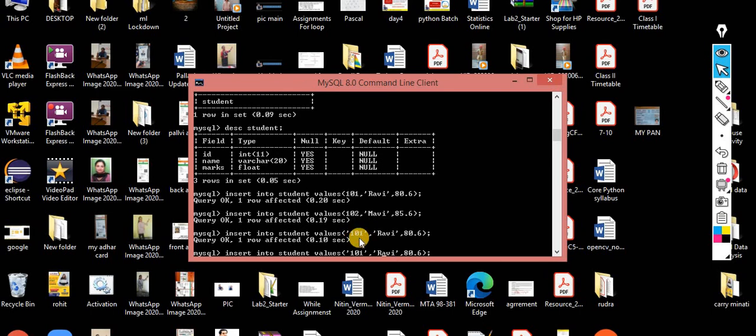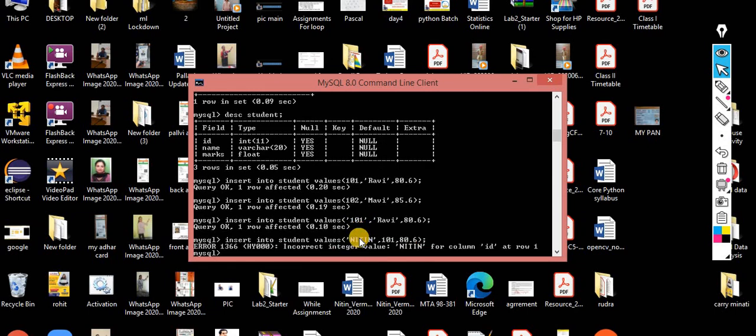Okay, let me show you. By mistake, if I try to do this, rather than pressing over here, I did it over here, I entered the name where 101 should be. I do a mismatch. So now you are getting the error message: incorrect integer value Nitin for the column ID. So make sure whatever decorum that you decide, you have to follow the same decorum at the insertion of the data. Otherwise you will get the error message.